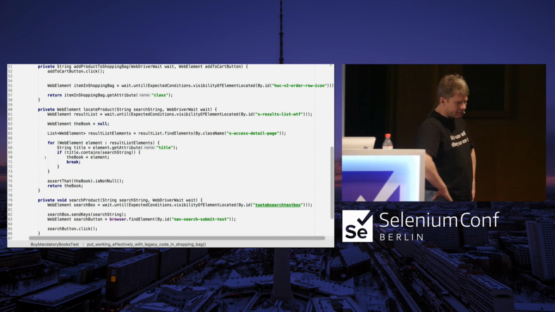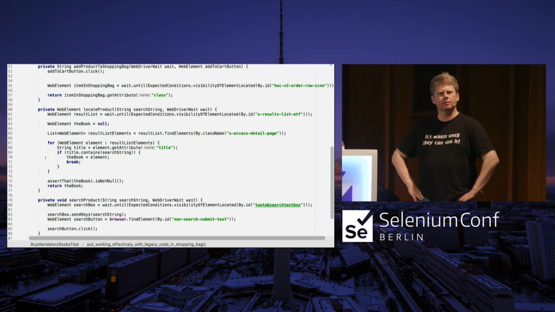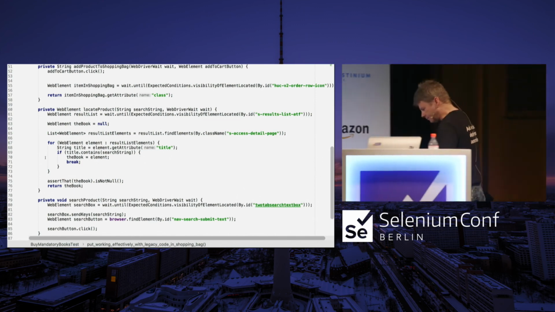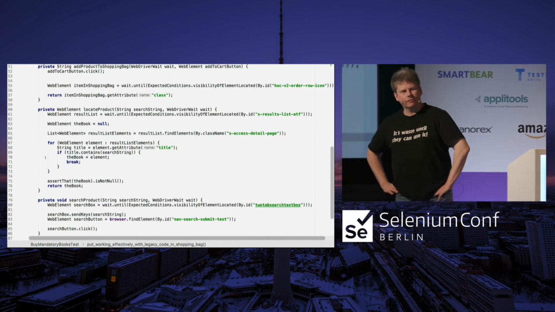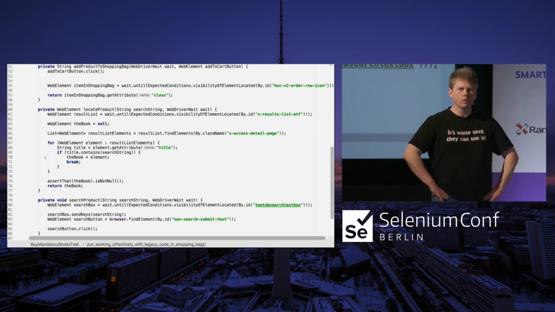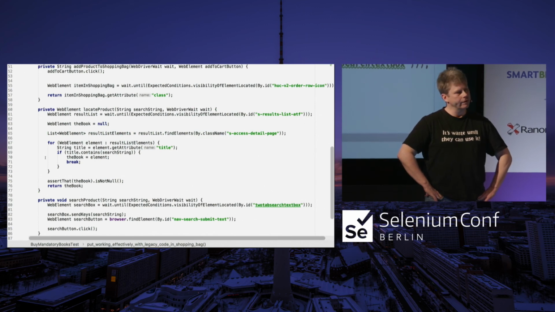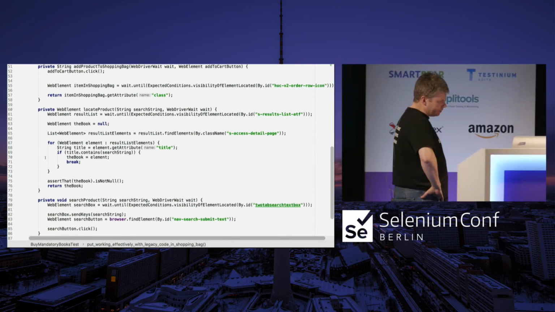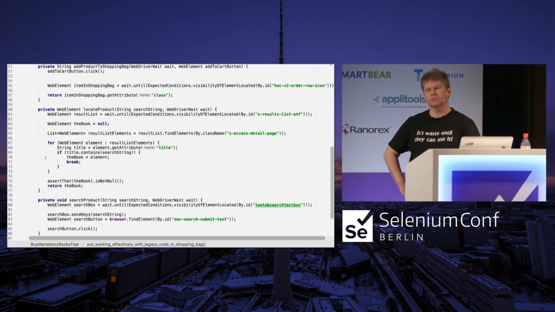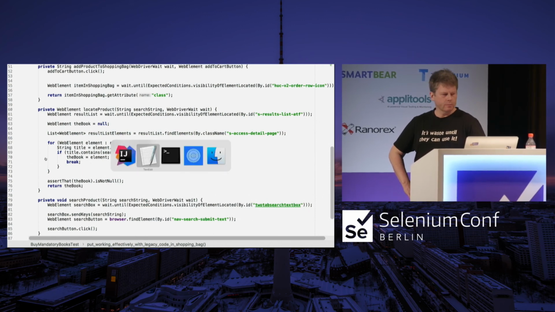And I also think, and I've seen it on the Selenium mailing list, that some people are more or less obsessed. They have to use a page object. They don't understand why. And for me, using a page object is just a matter of abstraction. I want to make life easier for myself, and therefore I work on finding the right abstractions, and that's very, very hard, because when you're very deep into all the details, it's easy to just skip over something. This is obvious. And when you go back a little bit later, it's not obvious.